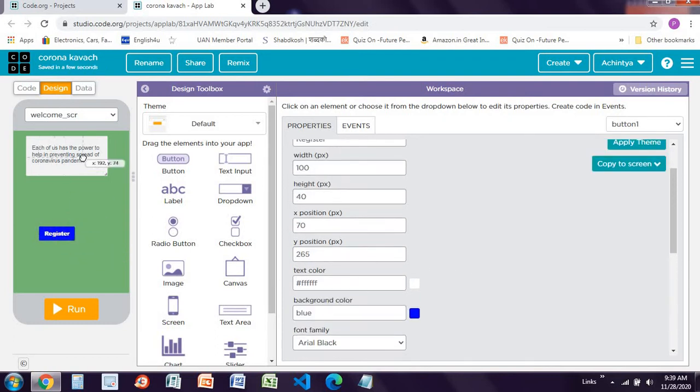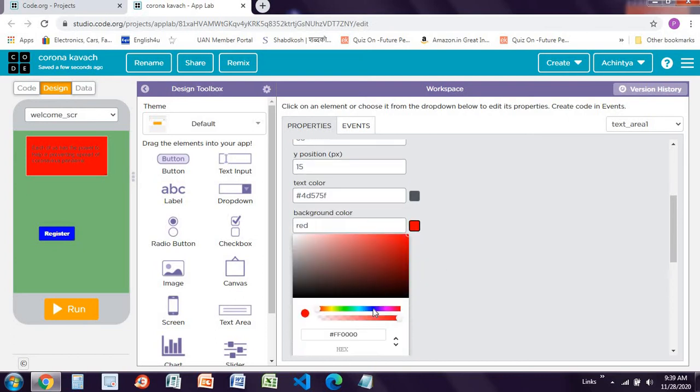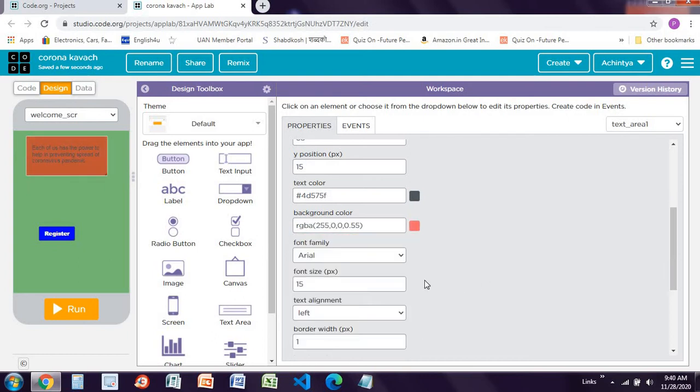And text area, if you want some color you can do it, of course. So go here and you can just make it as red, but this is a too dark shade, so we will be using the lighter shade of this like this and make this text color as white like this.